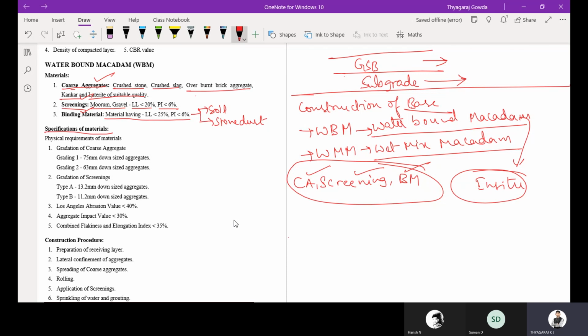Here also we are going to use two gradations: 75 mm and 63 mm downsize aggregates, that is, aggregates passing the 75 mm IS sieve and aggregates passing the 63 mm IS sieve can be used as coarse aggregates. Then the gradation of screenings. Screening also has some gradation, type A and type B screening: 13.2 mm and downsize aggregates, and 11.2 mm and downsize aggregates.